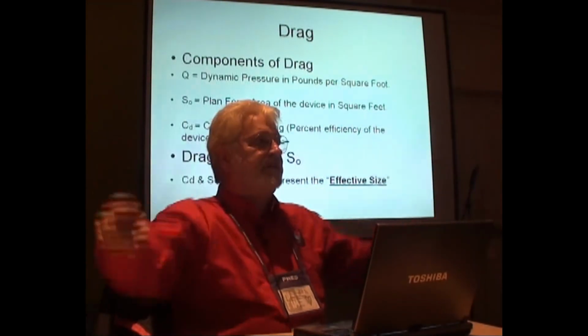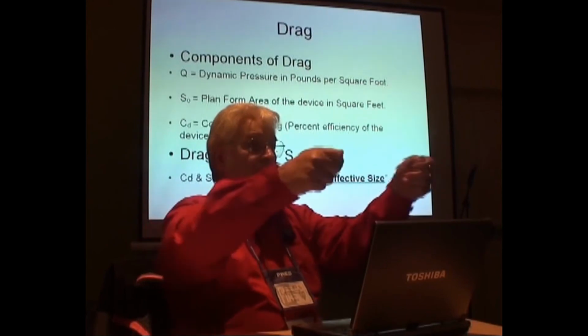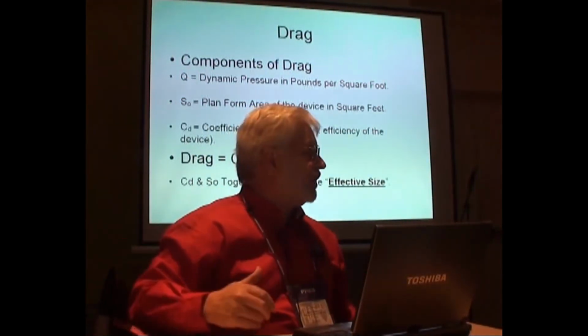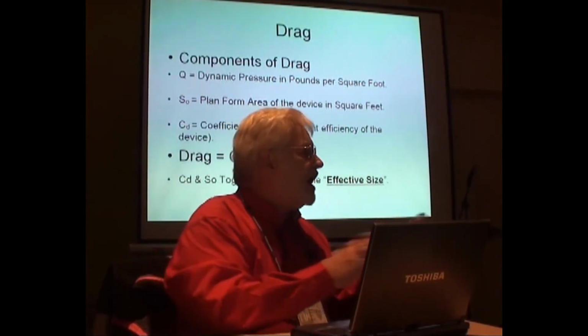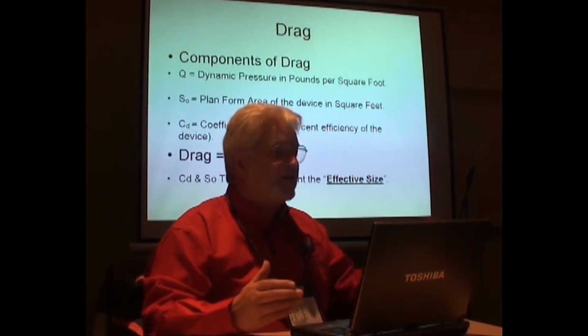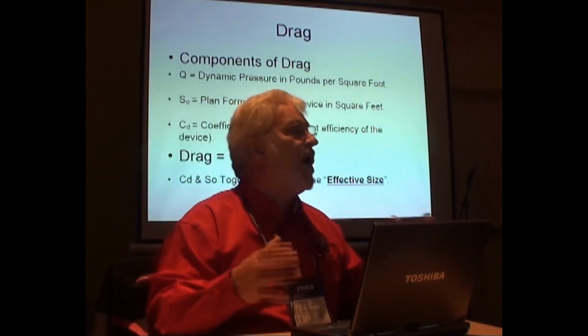So we've got a 36-inch device, and we know that when we put air on it and it bends and folds, it's not going to drag 36 inches worth. It's going to be reduced substantially by the shape, and that C sub D compensates for that. And what those two together give us, C sub D and S sub O, is the effective size. In other words, it drags like...